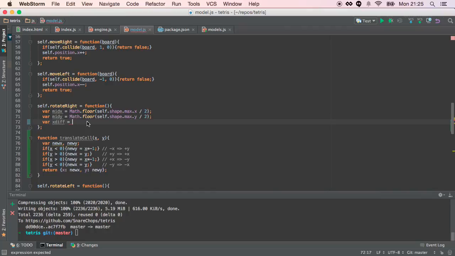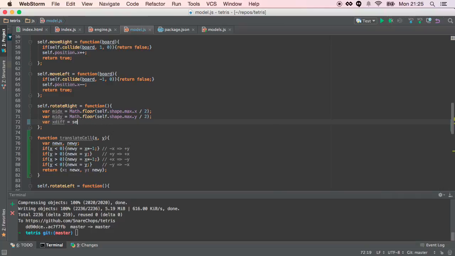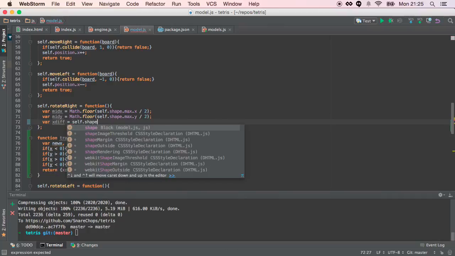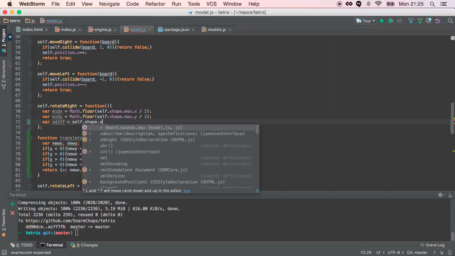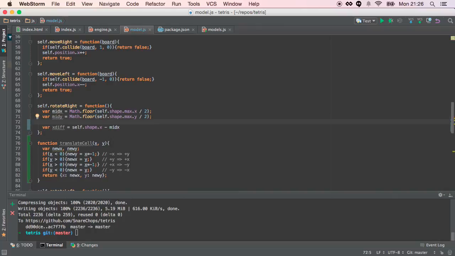So we take self.position.x, or are we dealing with this at the shape level? We are dealing with this at the shape level. So we would say self.shape.x minus the mid x. Oh, but we need to do this for each cell. So we need to do self.shape.coordinates